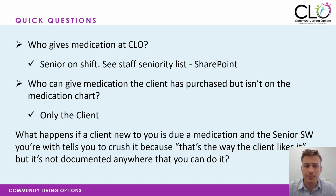And this last question: what happens if a client new to you is due medication and the senior support worker with you tells you to crush it because that's the way the client likes it, but it's not documented anywhere that you can do it? What do you think you do? Now, hopefully everyone's refused, but in addition to that, talk to the person, talk to the other support worker and